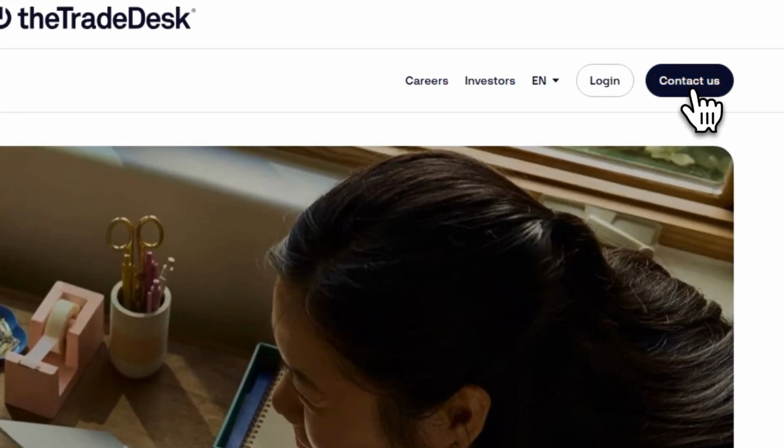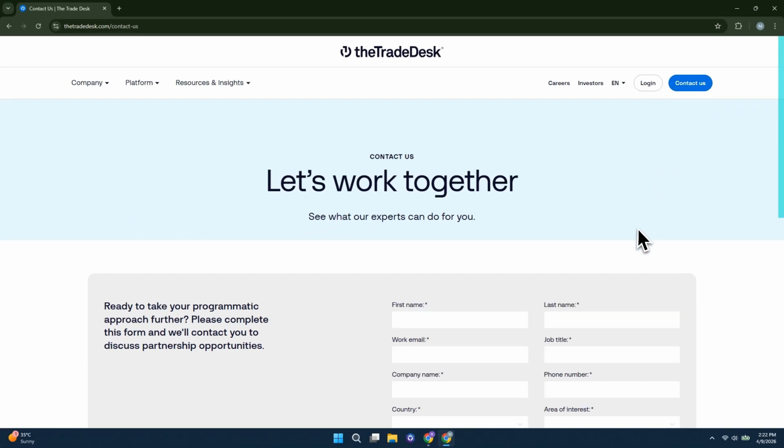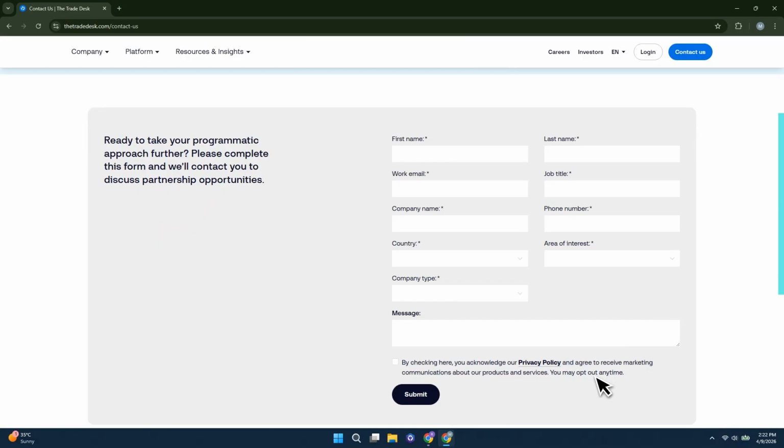Instead of direct sign-up, you need to go to the Contact section of the website and submit a request form. This form is essentially a way to request access to a free trial of the platform. After submitting your request, a representative or sales expert from the Trade Desk may reach out to you and provide access if your application is approved. If your request is not approved, you can still explore the platform by navigating through the website and learning about